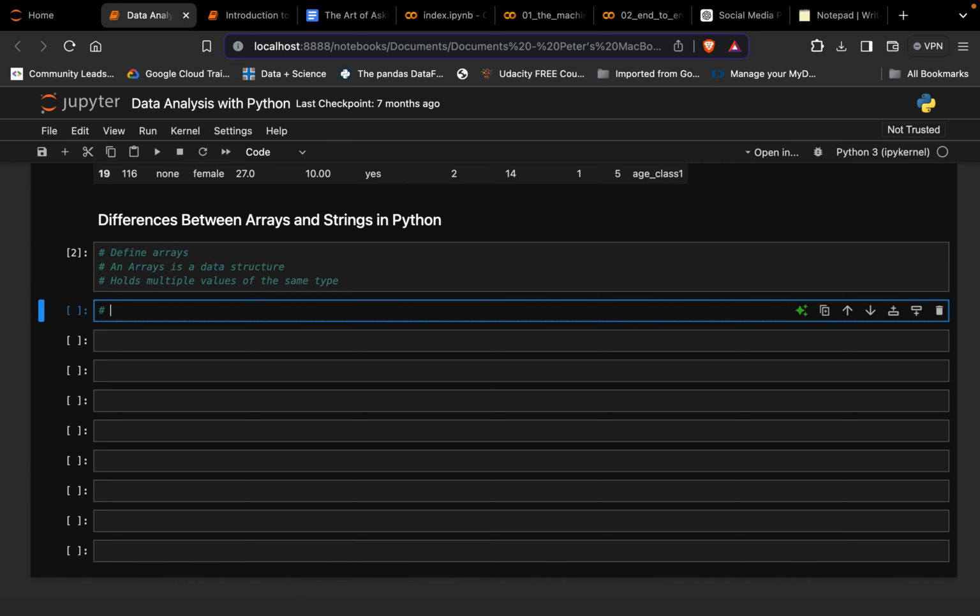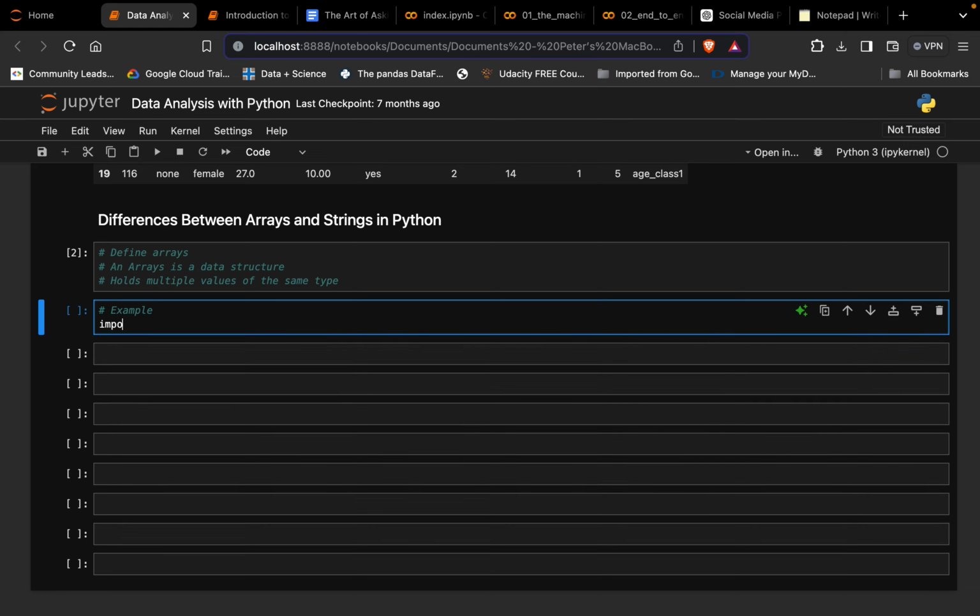Now it's also important for us to know that arrays are available through the array module, and they can be used through libraries like NumPy, which is the library for numerical Python. So here I'll import the array module,